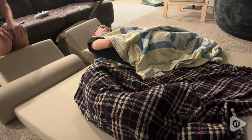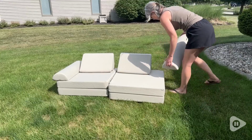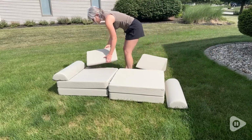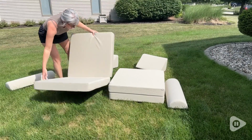We've also used it as a bed during sleepovers or loungers while they're watching TV. It's made with a high density foam, so it feels very supportive. All the pieces are separate, so your kids can have fun coming up with fun and creative ways to stack